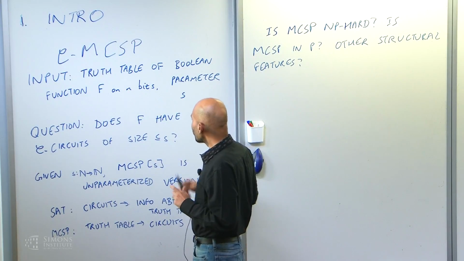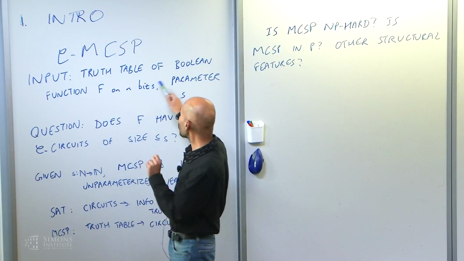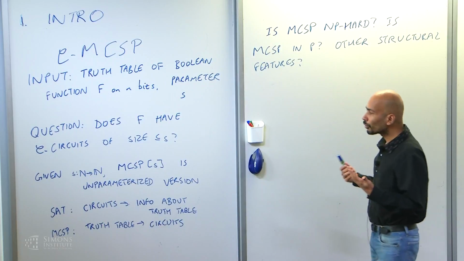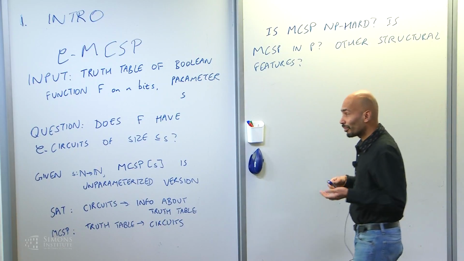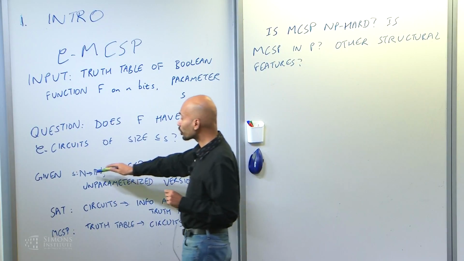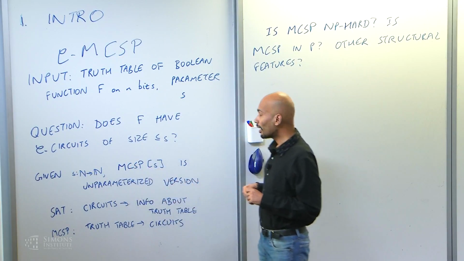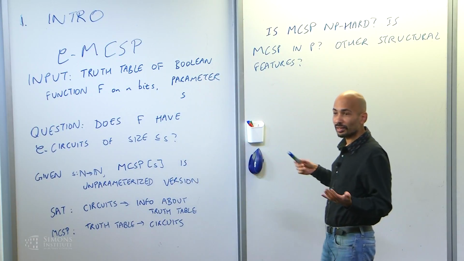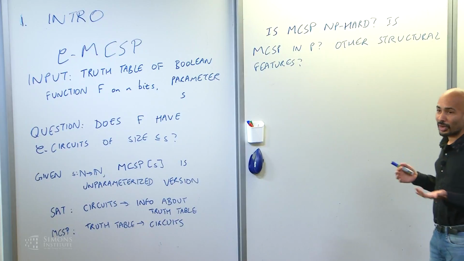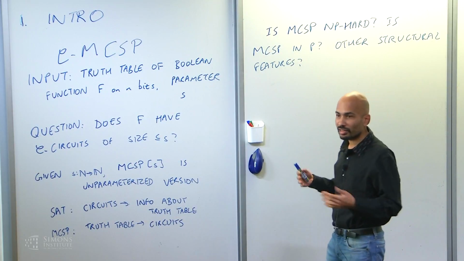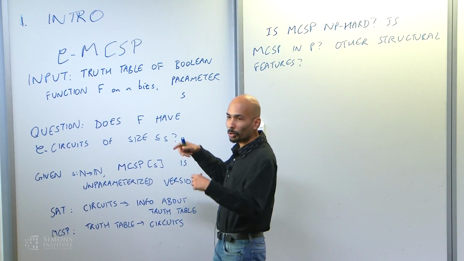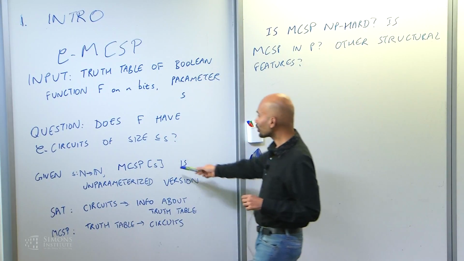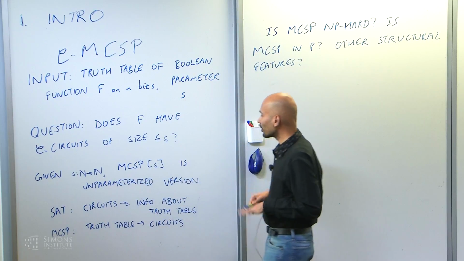Related to that, even though for most of the talk we'll be thinking about MCSP with a parameter included, in some cases it'll be useful, convenient, or in some rare case even important to think of the unparameterized version, where we have a fixed size function and we want to know about MCSP of S, where S is fixed as a function of n. For example, you could think of MCSP with size N to the 0.1, which is really asking whether the truth table has circuits of size 2 to the 0.1 times little n or not. Clearly this question reduces to the other one, but it's sometimes very interesting to consider this.